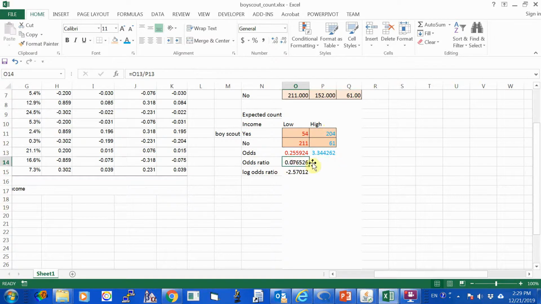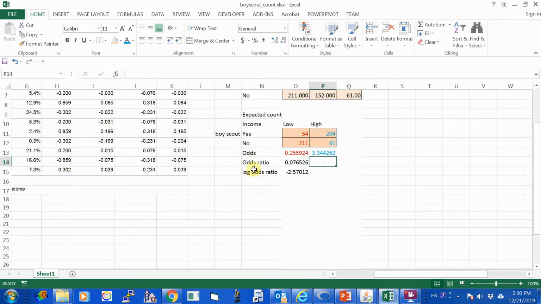So this odds ratio simply tells us that the odds of boys who are Boy Scout members who come from a low-income family is 0.077 times